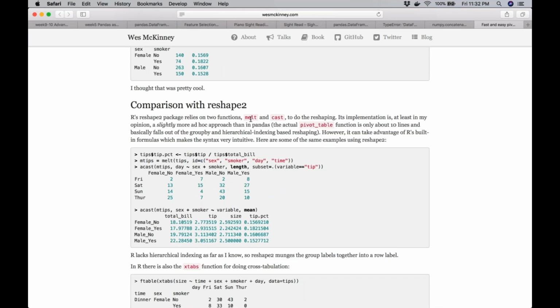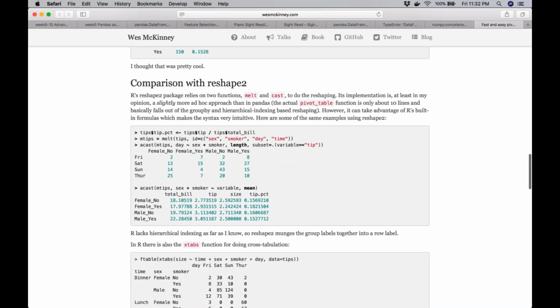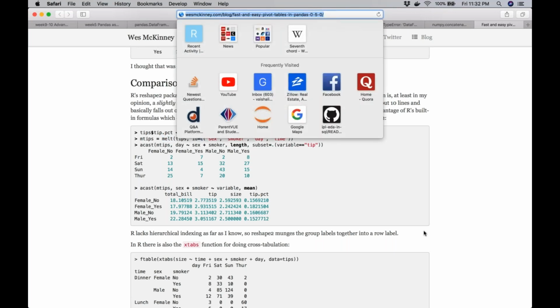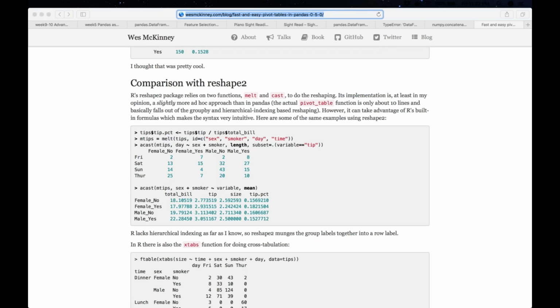And then there is this article, of course, it also compares it with R. There is a reshape. So most of these functions have a corresponding one in R. Of course, pandas came later, so R was already existing. So how would you do something similar using R? There is a cast, and there is a melt also. So melt is very similar to the melt that we talked about in pandas. If you are interested, this is the link.